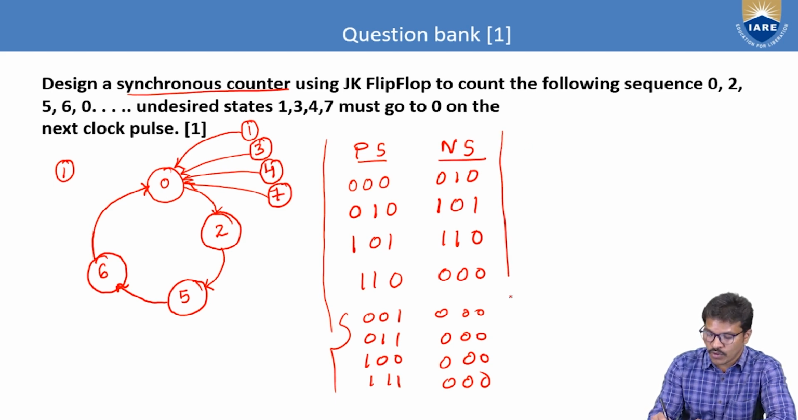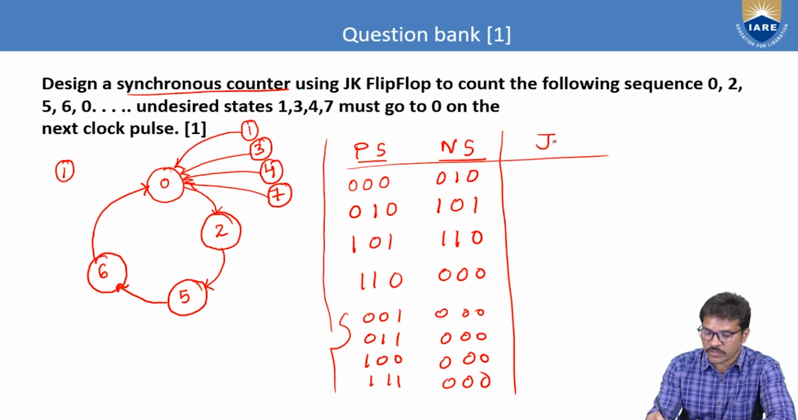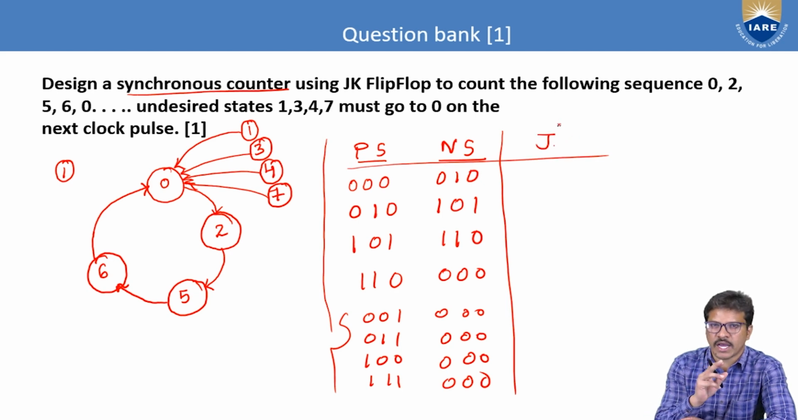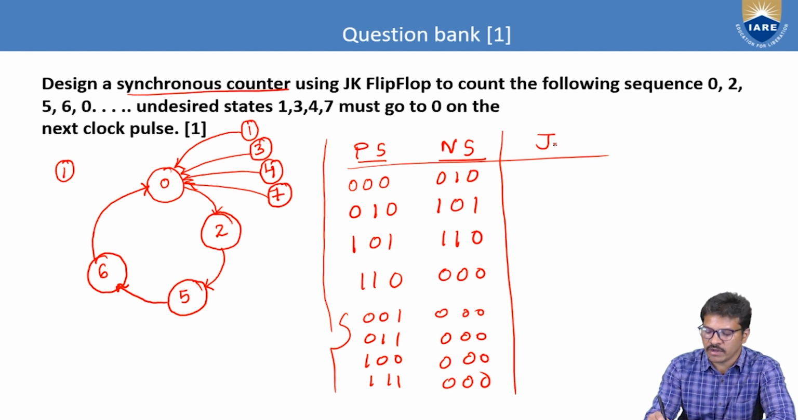If you use JK flip-flops, J and K, as I said, it requires 3 flip-flops. So 3 JK flip-flops: J0, K0, J1, K1, J2, K2. So with the help of the excitation table,